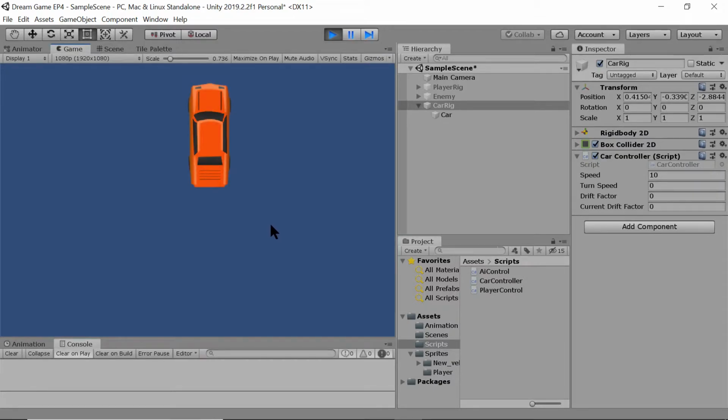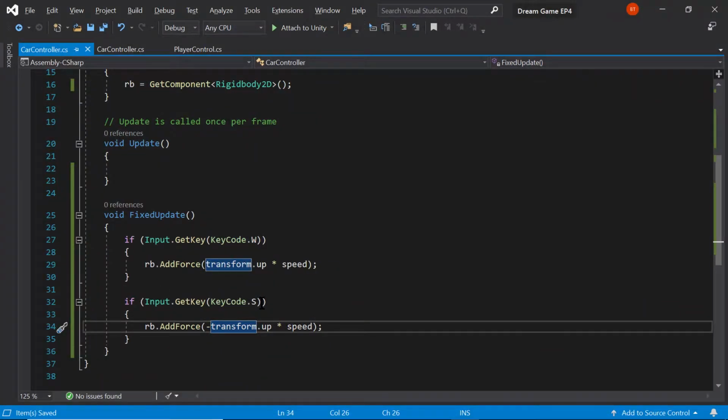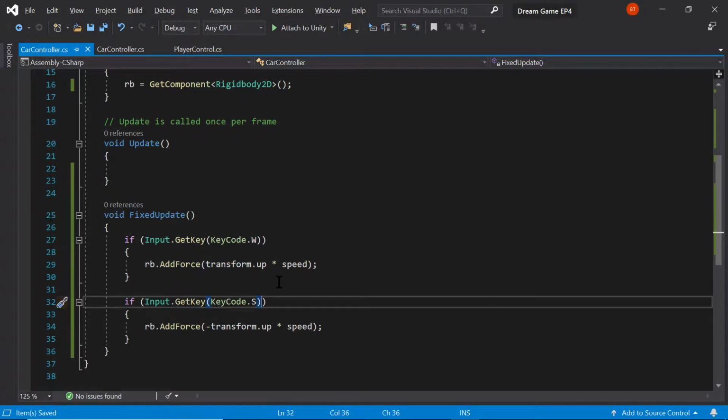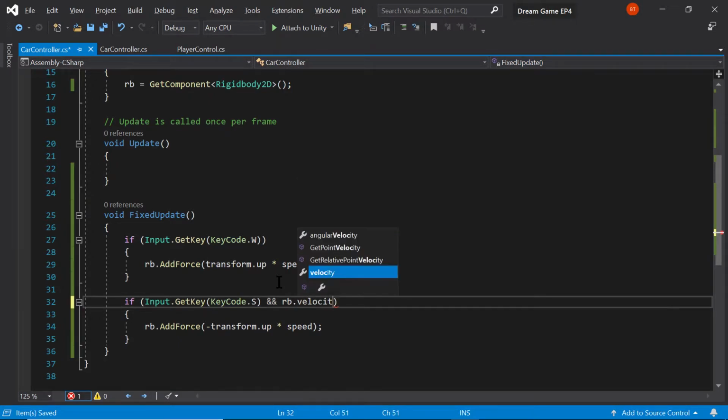So we go forward, stop, forward, stop. Now I don't like that. A lot of games do this. You just back up. So what I'm gonna do is I'm gonna say if we're pressing S, and that's not an and symbol, and our velocity, well, our v dot velocity is greater than 0,